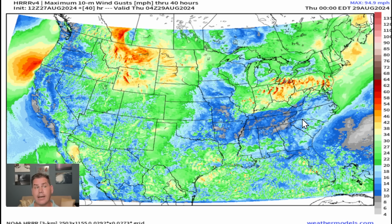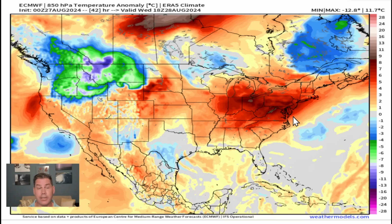So definitely be on high alert for the severe storms that will be moving in. But then once that moves out, all eyes will be on the big change, I think, what's to come with this much cooler air mass that will be building up here across the Pacific Northwest, back into Idaho, those areas in Montana as well, getting into Wyoming. You're going to be cooling off in a big way,